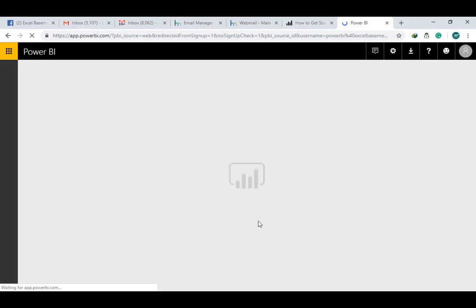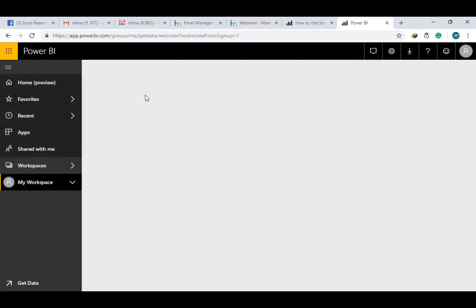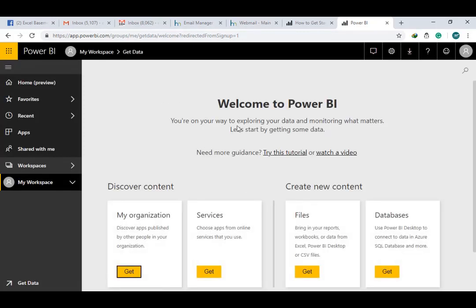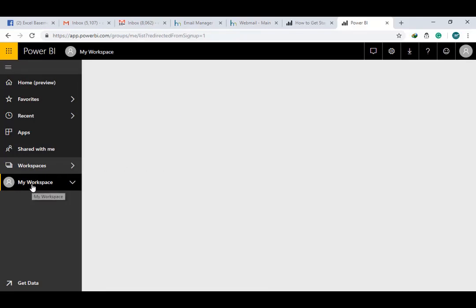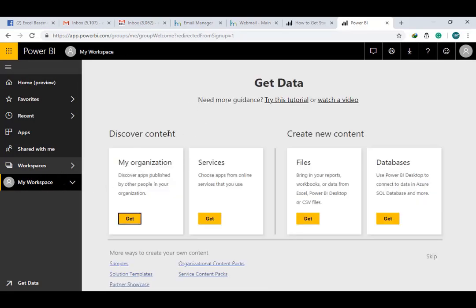Yes, now this is the interface. This is the cloud interface where all the dashboards will be shown if I upload them from my Power BI Desktop version. It will take some time to refresh the user interface screen. Now here you can see it shows welcome to Power BI, and this is my workspace. My workspace is blank. I will now upload one Power BI file from my desktop version, and you will see that very quickly it will upload to my workspace area.